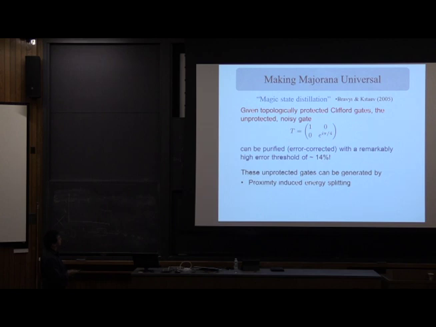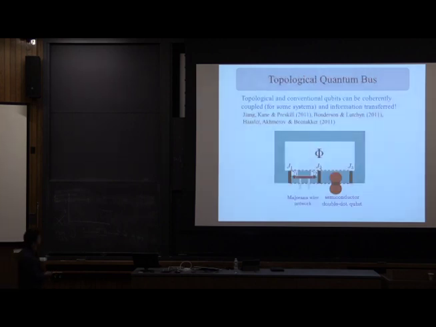So how can we generate these unprotected gates? There are different methods, but I want to focus on this one because I think it's actually quite nice. That's the idea of this topological quantum bus. Interferometry measurements allow one to use fluxon tunneling between these two junctions, which, as I said, couples to the charge in the middle. We can imagine that there is this Majorana wire network, and a fermionic mode shared here, but also a charge qubit where charge tunnels coherently back and forth, and that's your two-level system.